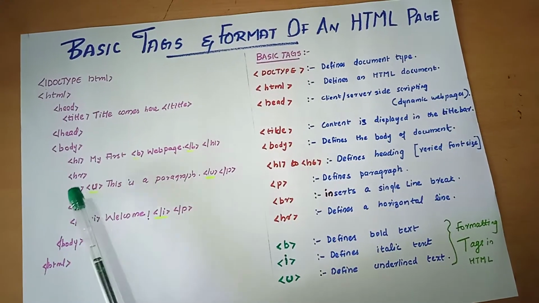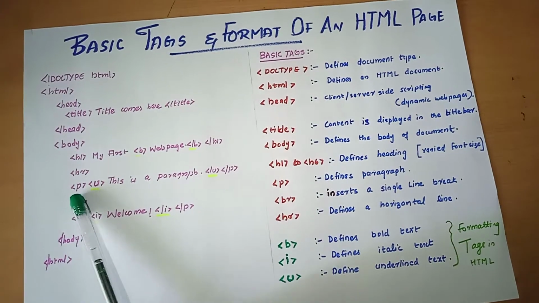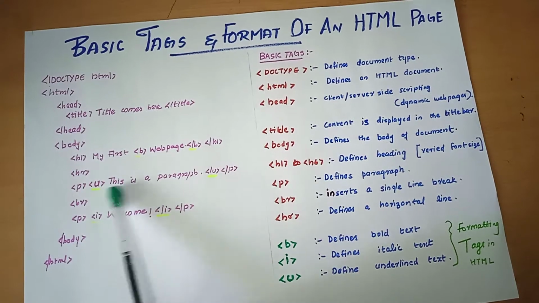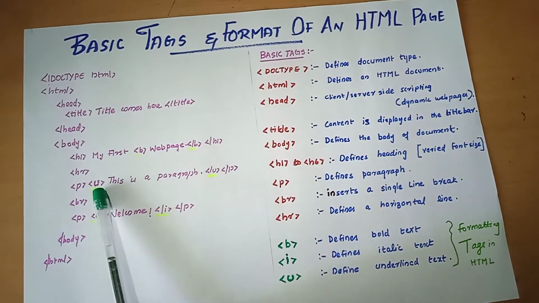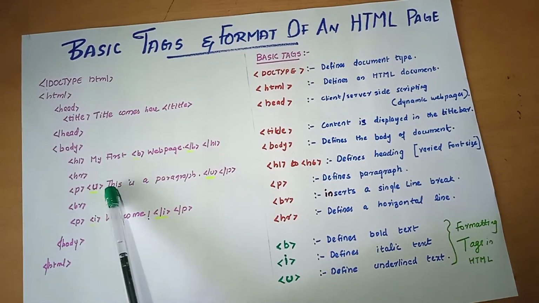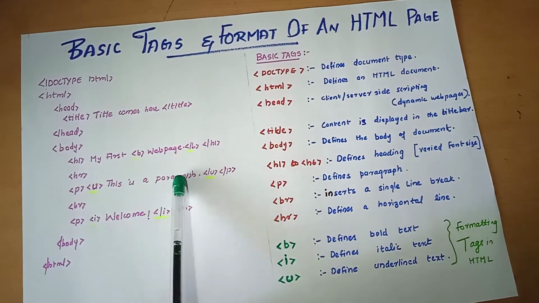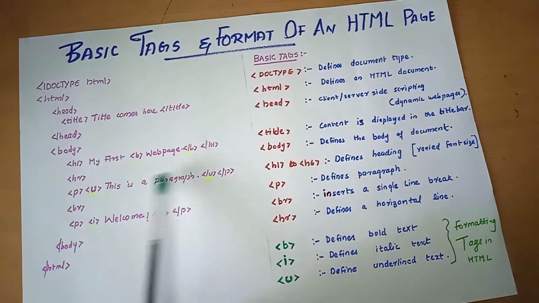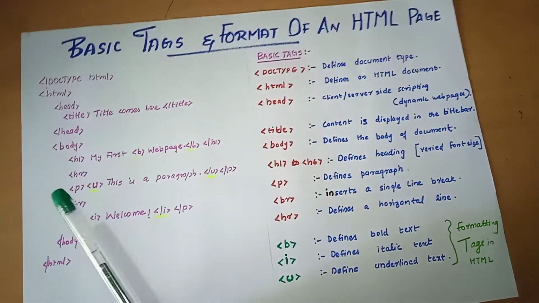And the next tag is P. P defines the paragraph. So if you want to write something as a paragraph in our web page, we can include that content inside the paragraph tag. Also, we can see another tag here. What's that? U. That means something to be underlined. This is the underline tag. That means this is a paragraph element with the underline tag.